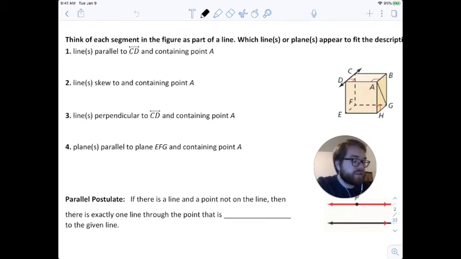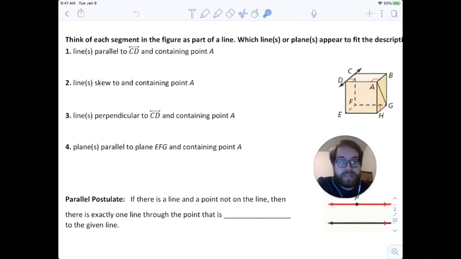So the first question says, think of each segment in the figure as part of a line. Each of those segments is part of a line. Which lines or planes appear to fit the descriptions below? Number one talks about a line that's parallel to line CD and containing point A. So looking in my figure here, what is a line that's parallel to CD, which is right here, and contains point A? There are multiple lines in this figure that contain point A: AH, AG, DA, AB. But which of those are specifically